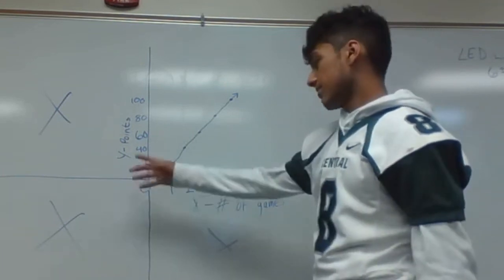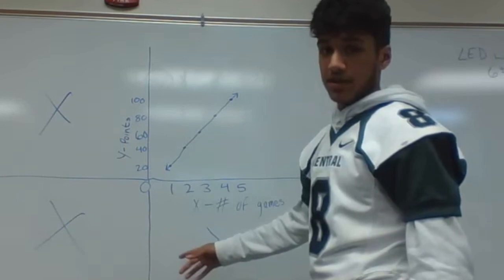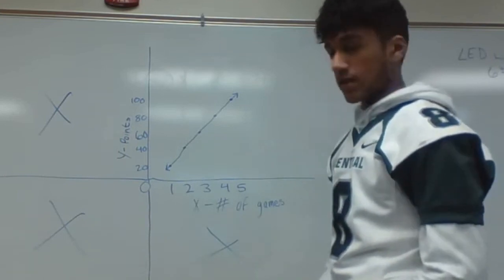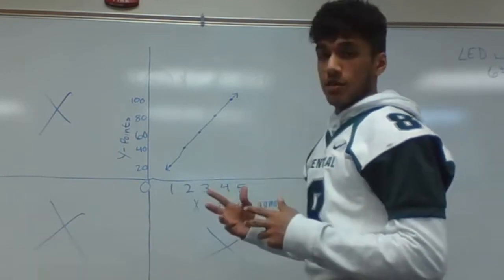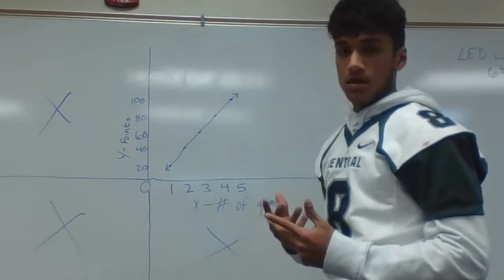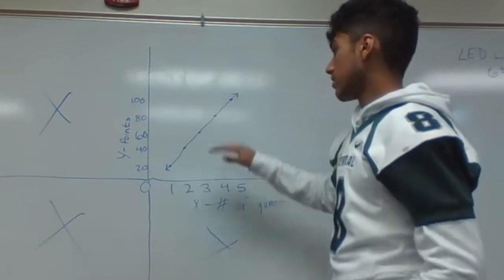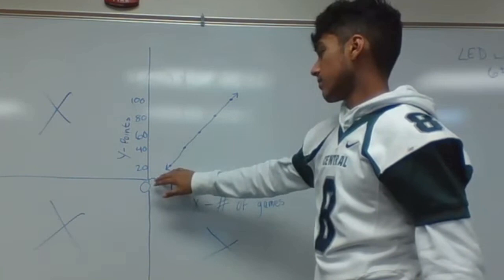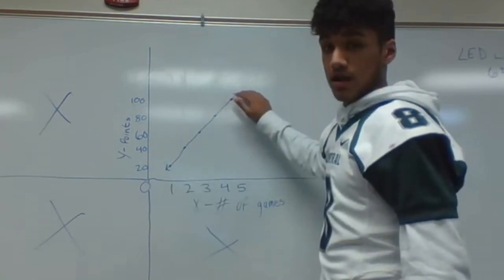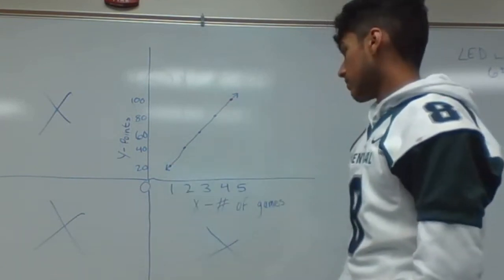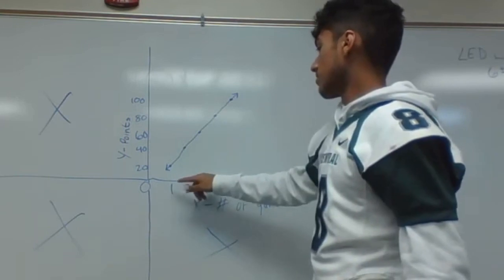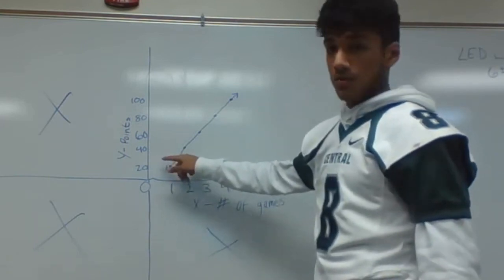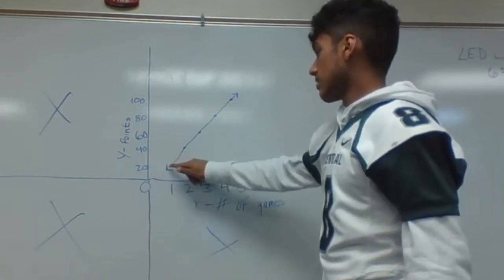And as you can see on the graph, there are x's placed, and these x's simply mean that the number of points scored cannot go into a negative number, and that's why the line goes from 0 and it goes up. And the line is made because for each game there are 20 points scored, and we connect that to